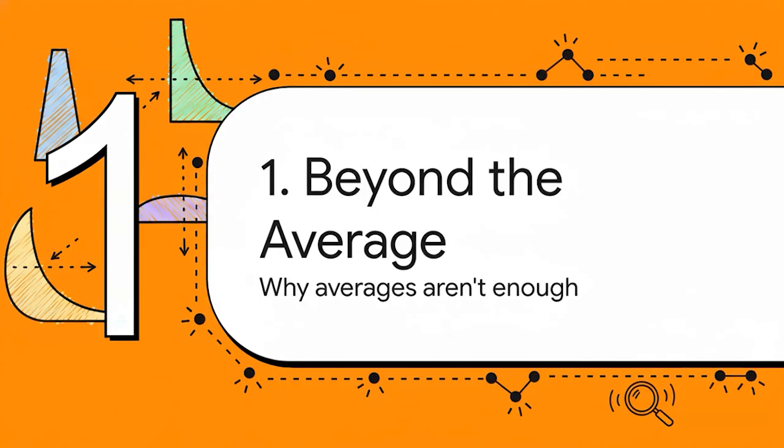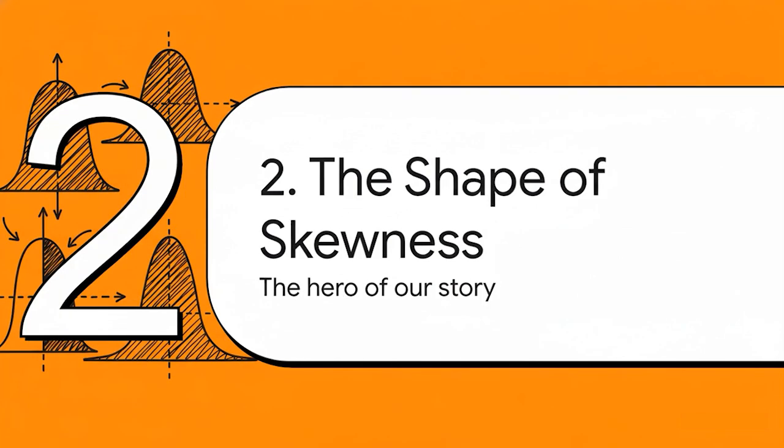So, like we just saw with those two teams, if you really want to get the whole picture, you've got to look past that one single number. The average, yeah, it tells you where the center is, kinda, but it tells you absolutely nothing about how everything is spread out, or the actual shape of the data. And that's where the hero of our story comes in, skewness. It sounds a little technical, but really it's just a way to measure if something is lopsided or asymmetrical. It tells us if our data is all piled up nicely in the middle or if it has this long trailing tail off to one side.